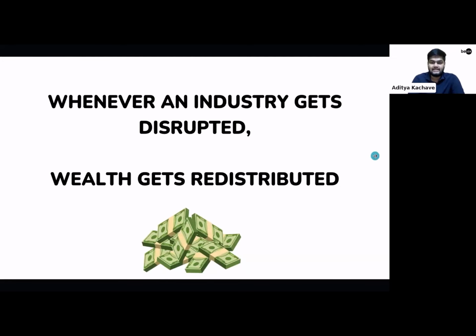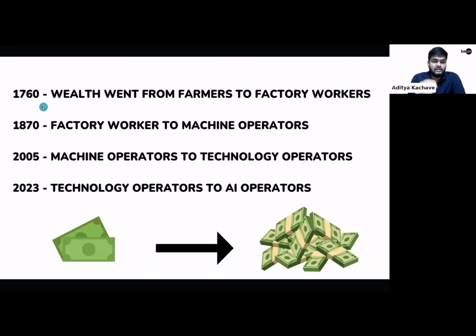What do I mean by this? I'll give you an example, right? So in 1760, when there were no means of production, only farmers used to be rich, right? So you used to have a lot of farmland, then you used to be really rich. There was no other way of getting rich, right? But in 1760, organized manufacturing started, and factory workers having a specific skill set became really, really rich as compared to